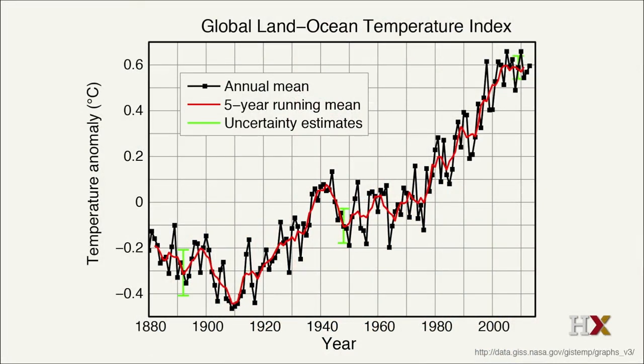If we look at the record of global temperatures over the last 150 years or so, we see a complicated pattern where temperatures fluctuated in the latter part of the 19th century and then rose from about 1910 up until 1940 or so. From 1940 through the mid-70s, temperatures plateaued as what's often referred to as a hiatus. And then from the mid-70s until about 2000, temperatures rose very, very steeply. Since 2000, there's been another hiatus and temperatures have been relatively constant.